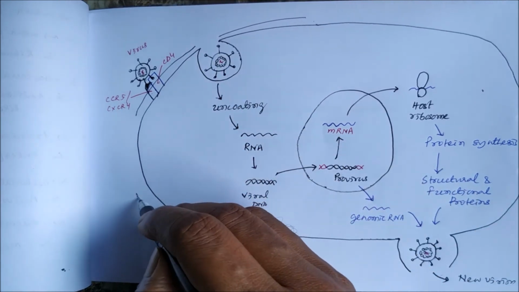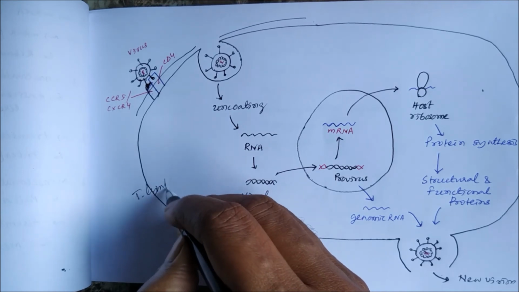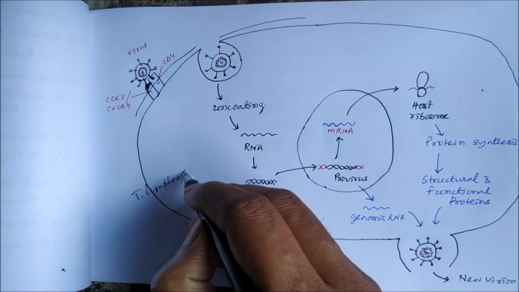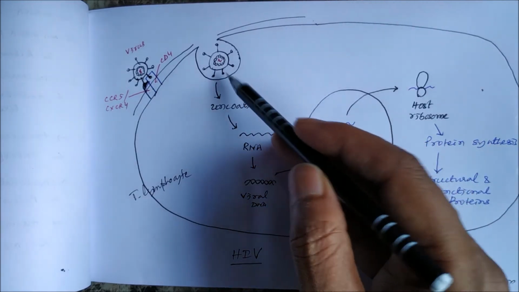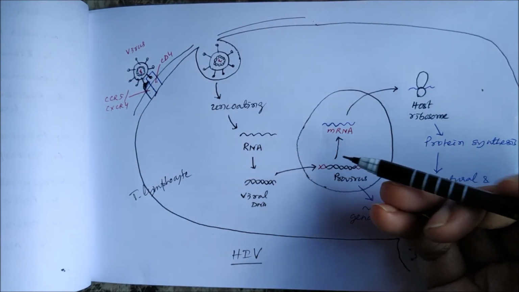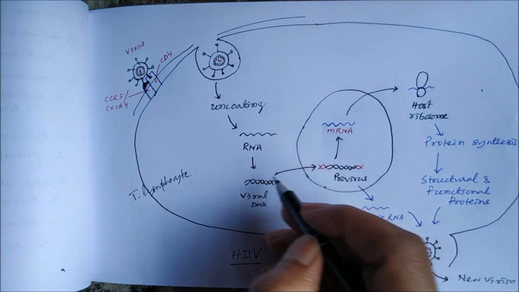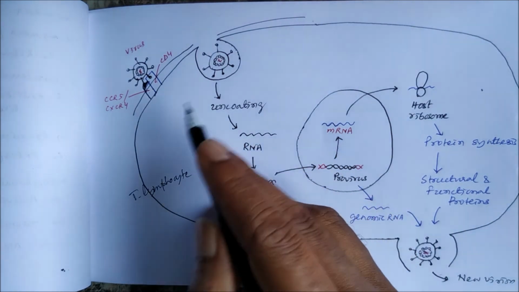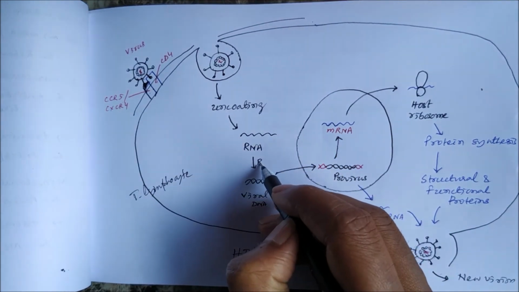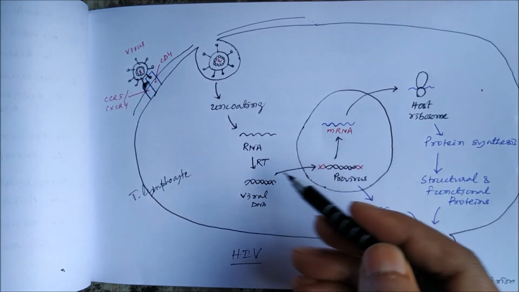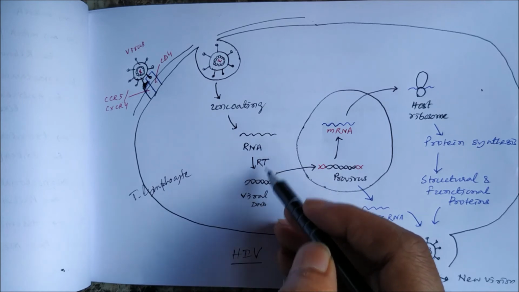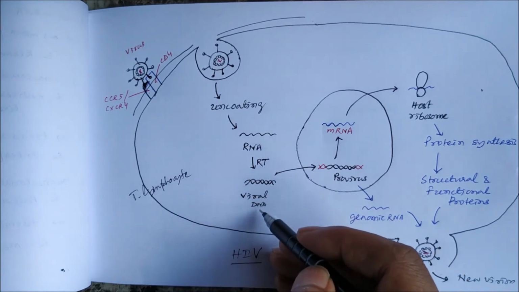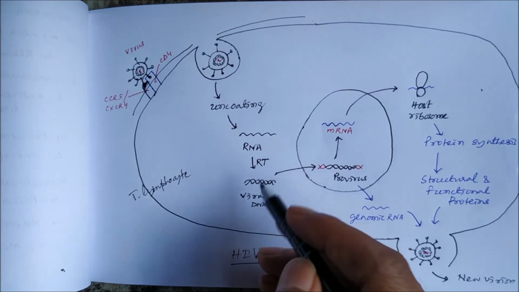Here the cell is the T lymphocyte. HIV affects the T lymphocytes. Then there will be uncoating, and the RNA will be released, and there will also be release of the enzymes. So first there will be action of the reverse transcriptase. So this is viral RNA. Then by the viral reverse transcriptase, there will be formation of viral DNA, and this viral DNA then will